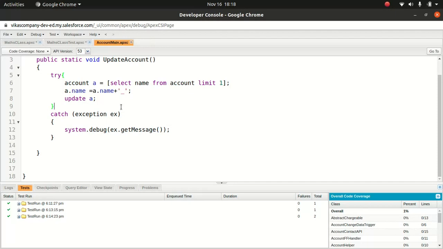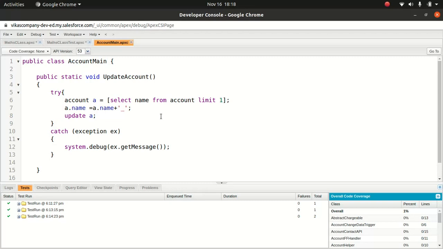Okay, so this code is pretty silly. What it will do is get any account and then append the name with an underscore. So that's exactly what we're going to test. All right. Now